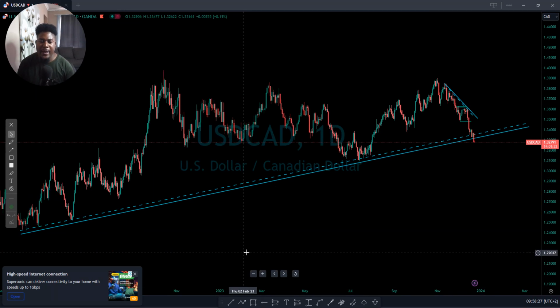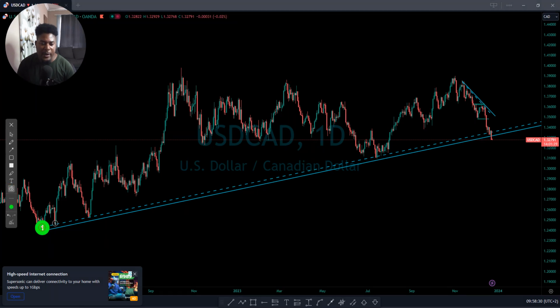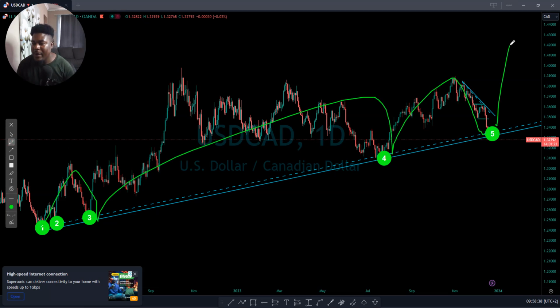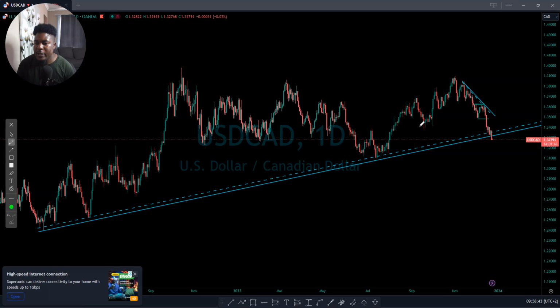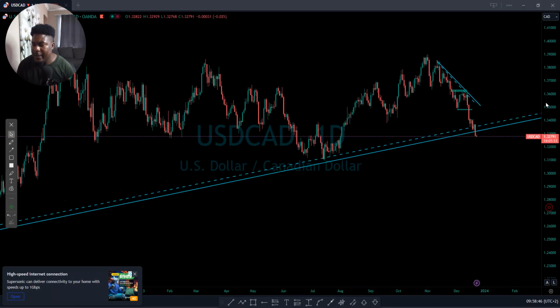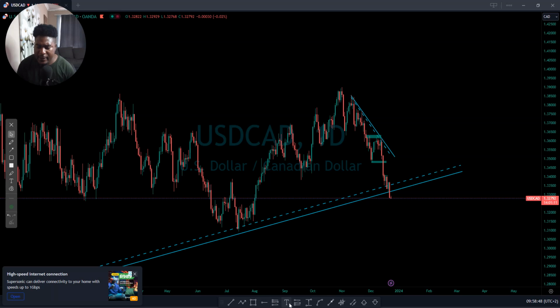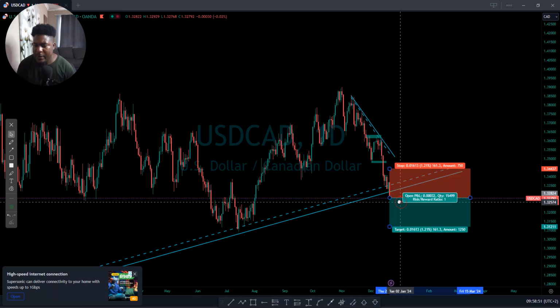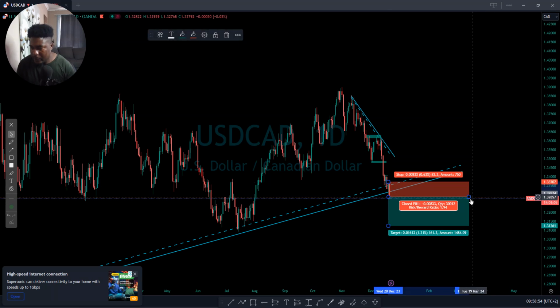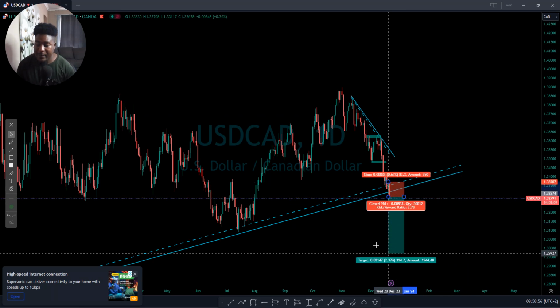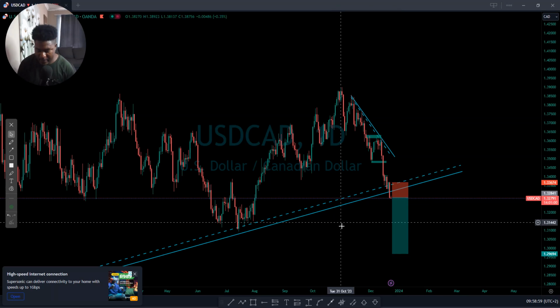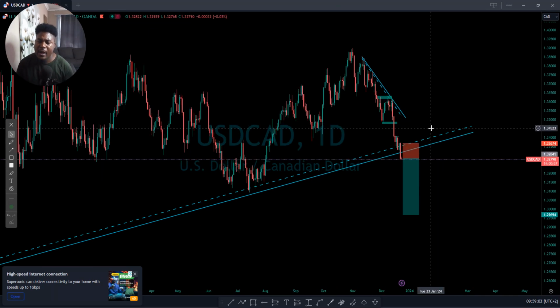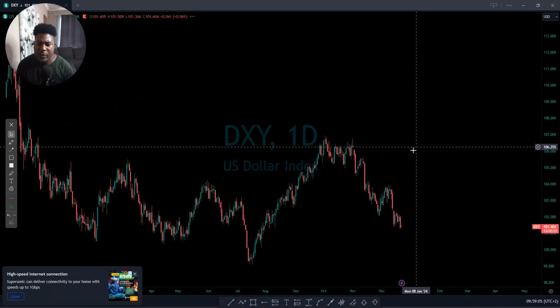So you can see that we have this point. If I go here, you will see that those areas were something because it's where the market used to come and respect. Instead of the market pushing up, now the market is out there. So it means we will see the market pushing lower. So obviously we need to have a sell here, a proper sell going lower. We can hold there for quite some time. I will be sending this in the group, guys, so it's fine. So yeah, we are on a downtrend, a very nice one. So let's push to the next one.